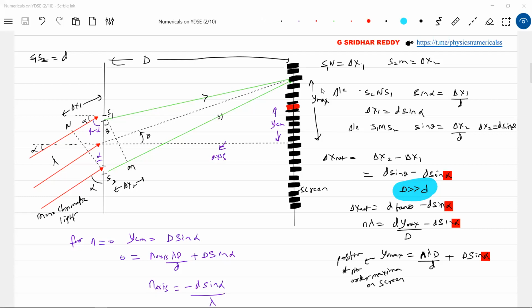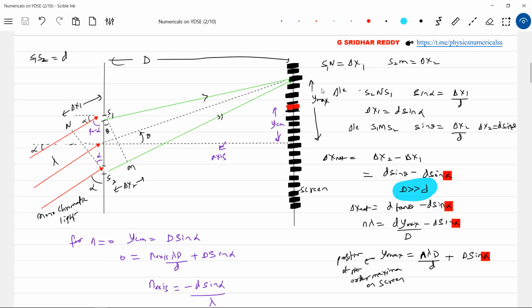Alpha greater than 90 is not possible. I think with minimum common sense, if alpha is greater than 90, how would it be? Alpha greater than 90, okay, it will come from this side. The next problem will go for it. You mean to say light coming from here? No, if the light comes here, we can manage.